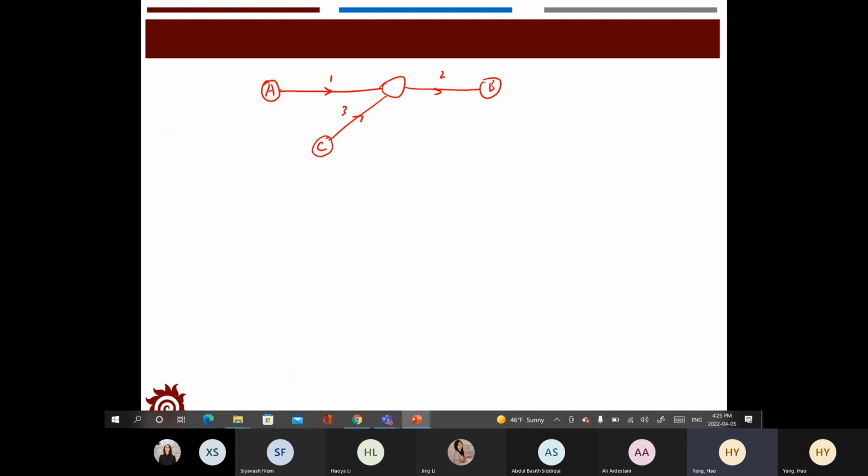So this would be the small network, and we define this one A, B, C, D. A, B, C, D are the nodes, and the connections 1, 2, 3 will be the links. So to represent the links, A to B, A to D will be link 1, and C to D will be link 3, and D to B will be link 2. So that's how the link is